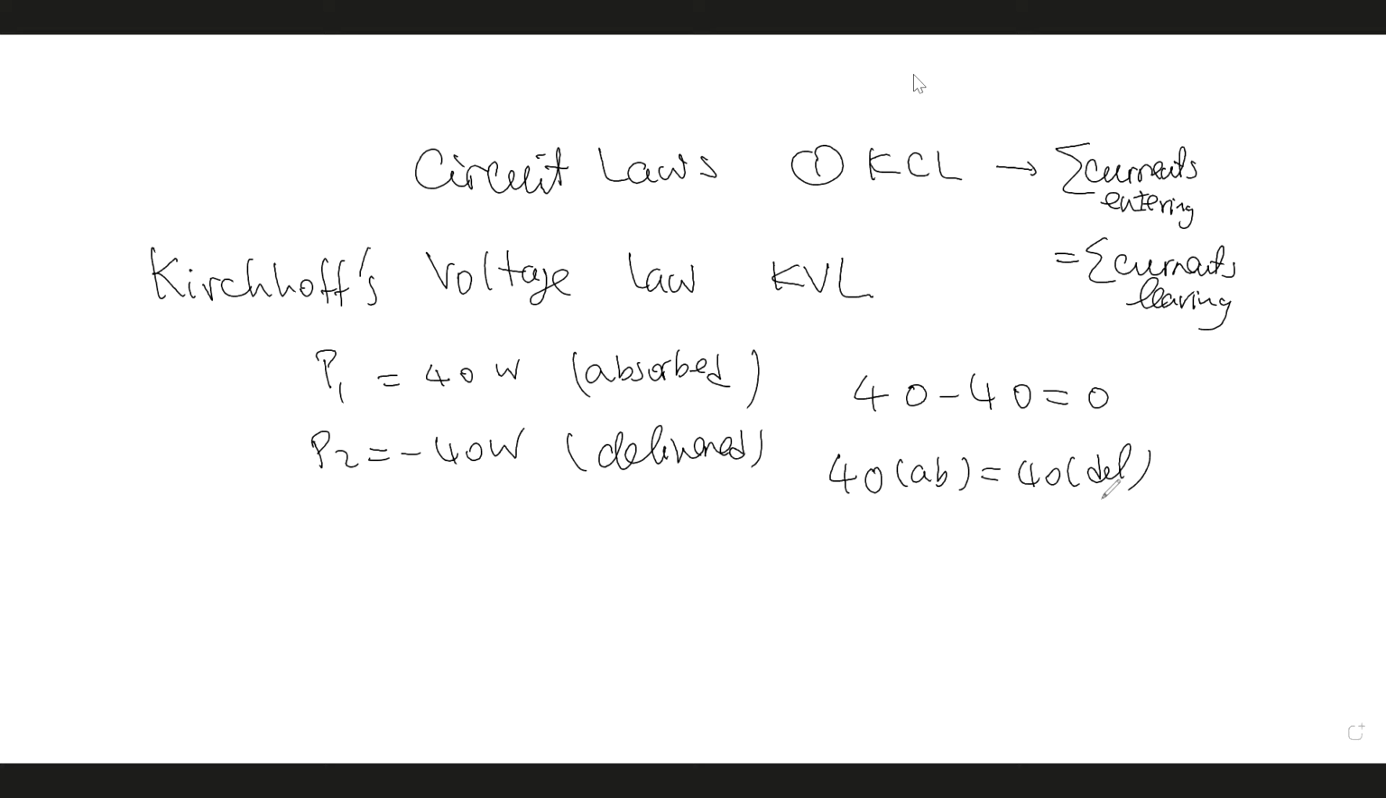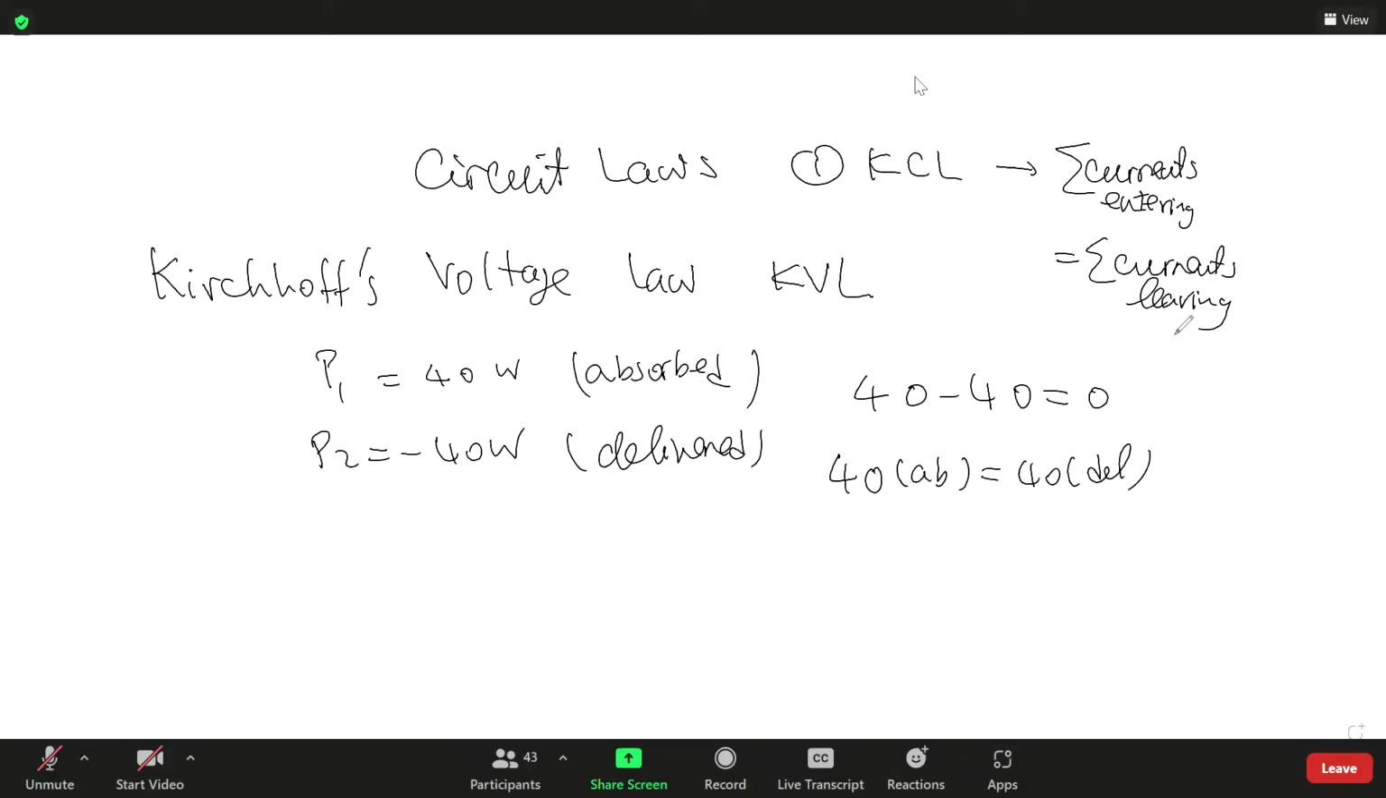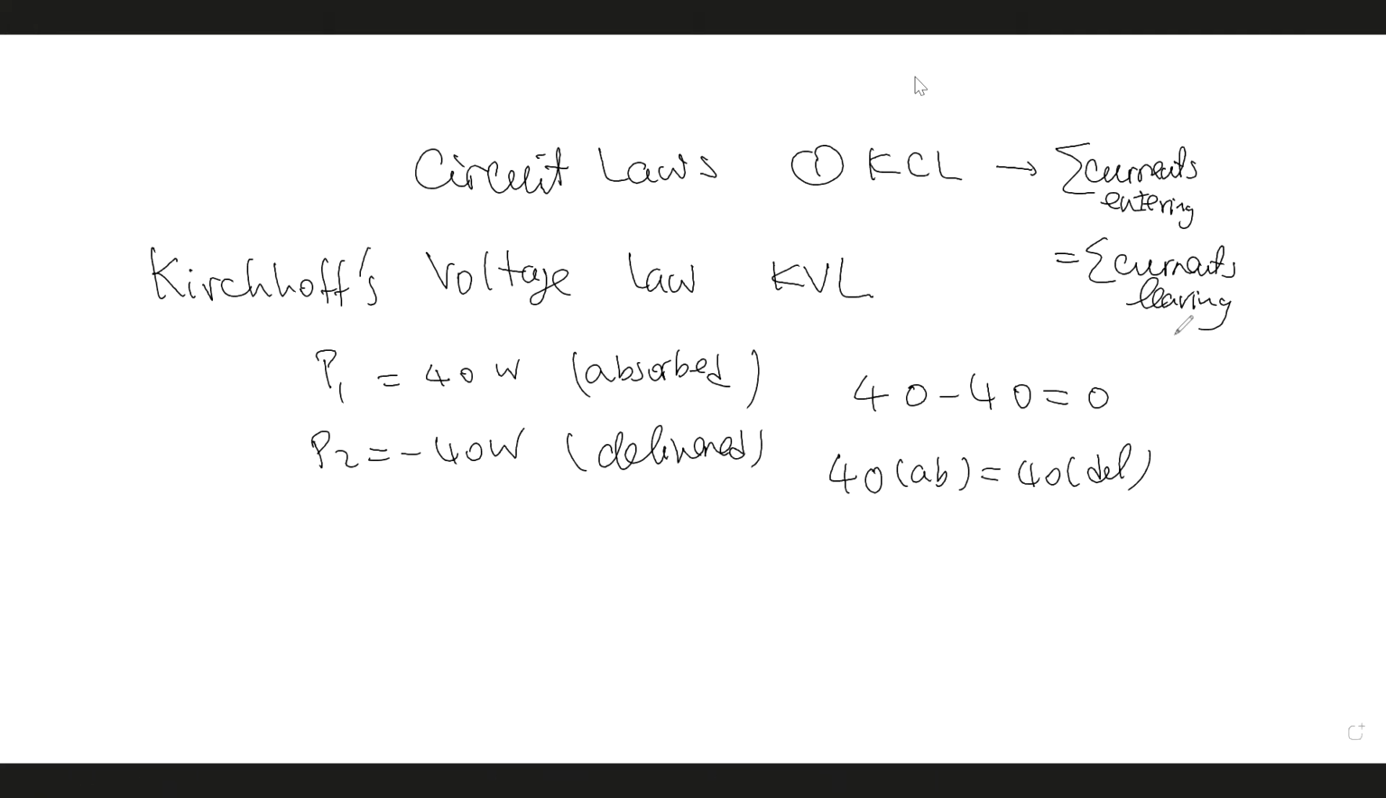But if you use current entering and current leaving, remember last time I said if you put all the current entering on one side and the current leaving on the other side, you just have I1 plus I2 equal to I3 plus I4. But if you put all of them together on one side, then you have to follow the sign. Okay,